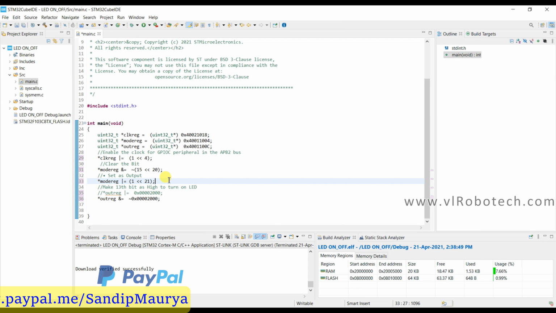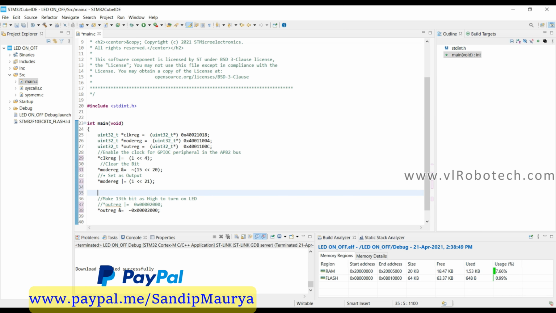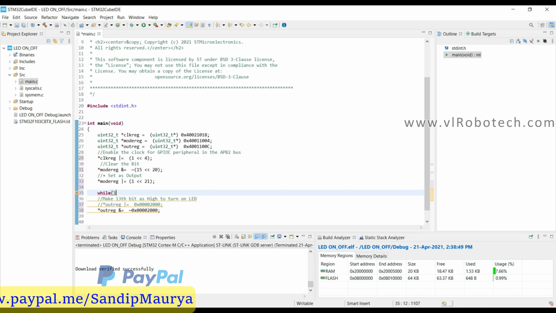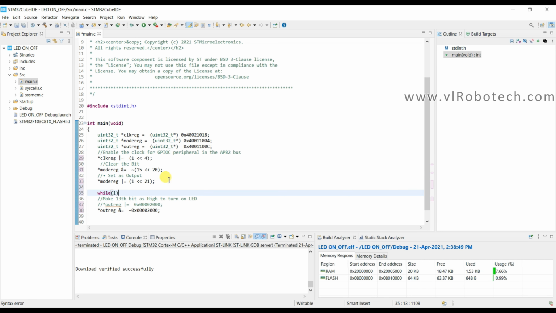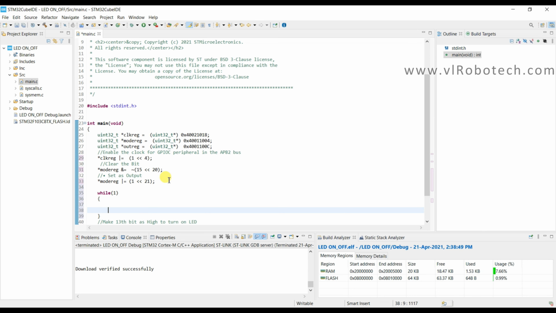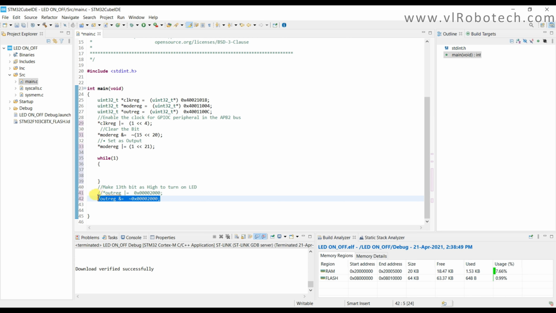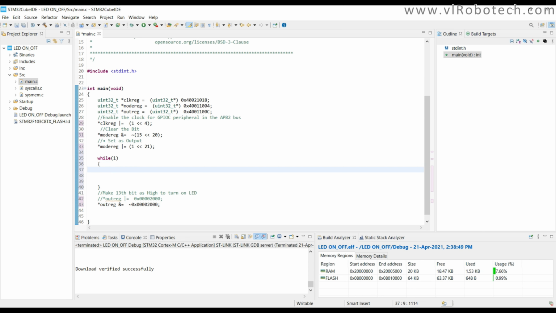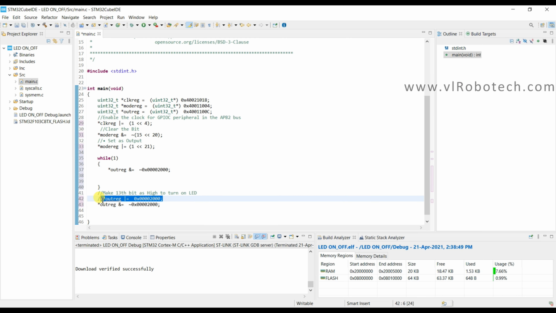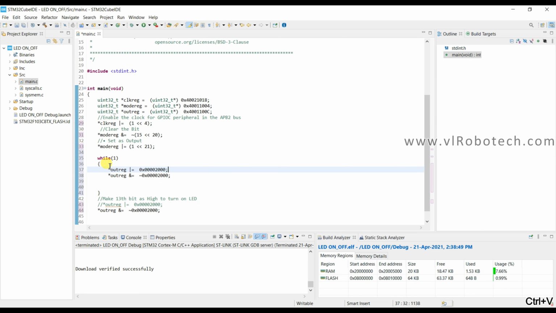Now we will make program for LED blink. So I will use while loop, and it will be infinite. First of all, we will set the LED. So for the set the LED, it will be set the bit 30.